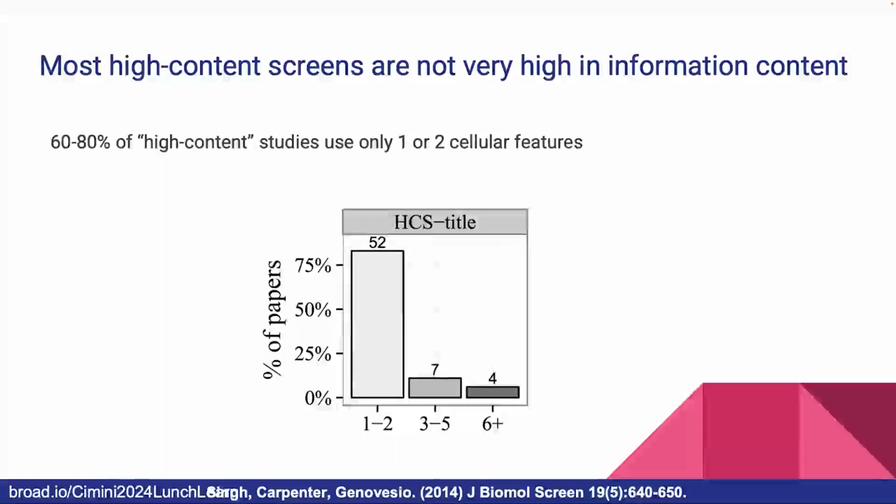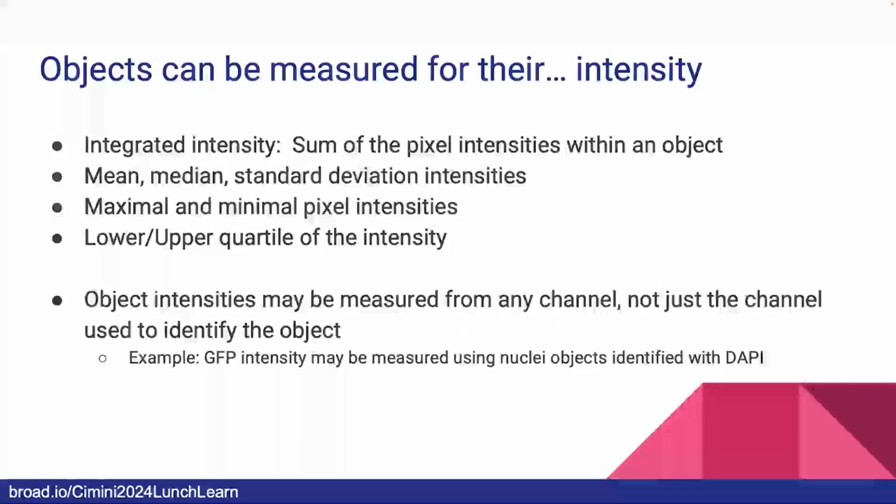And unfortunately, the vast majority of the time, now this paper is 10 years old, but I'm not sure if we redid the analysis today it would be that different. Most of the time, I started off by telling you billions and trillions of pixels, and most of the time people report one measurement, two measurements, not very many measurements, which is a shame when you have trillions of pixels to then only look at maybe cell size or cell intensity. And that really inspired Anne and Shantanu, the other PIs in the lab, to really say, how can we use more of those pixels to actually answer other questions? Because there are a lot of different measurements that we can make, even beyond these individual pixels themselves,